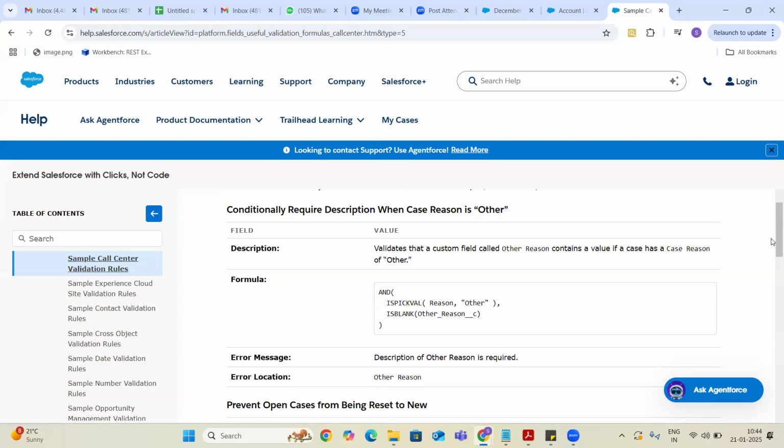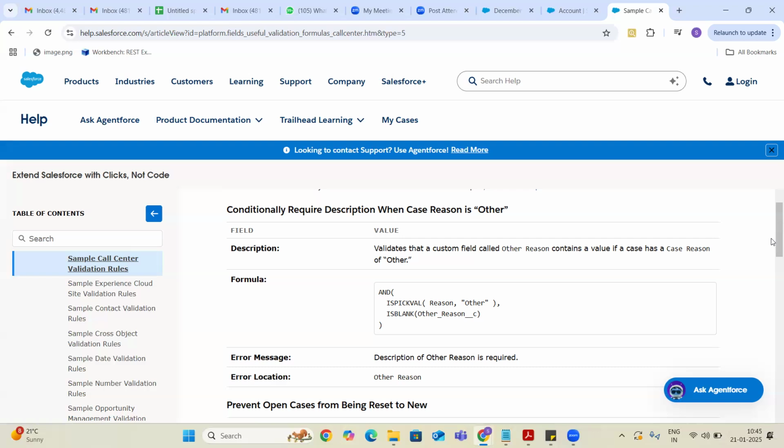So here they are saying that whenever you are selecting the reason as Other, okay, basically we will be having a set of reasons, right? Maybe hardware failure, software failure, installations, and sometimes some people tell this is not my problem, my problem is totally different. Then we always have the Other option, right? So whenever the reason is Other, there is another field, Other Reason.